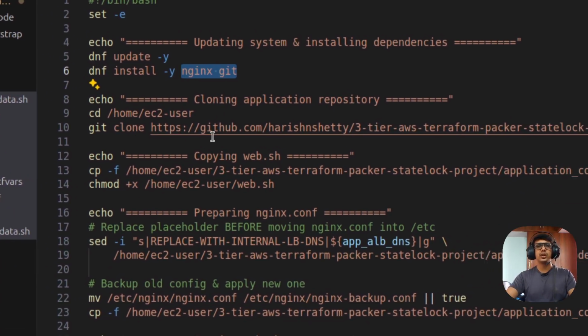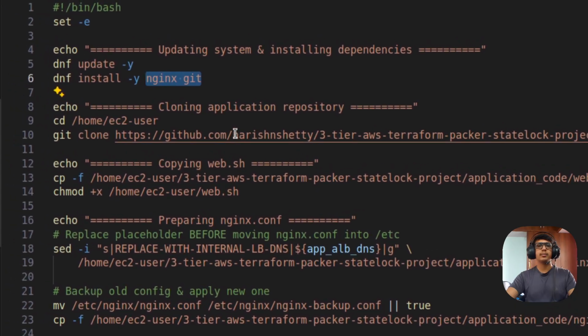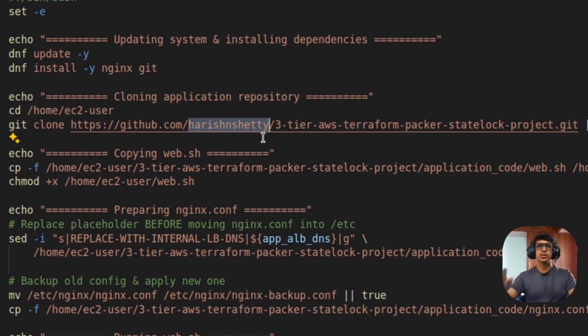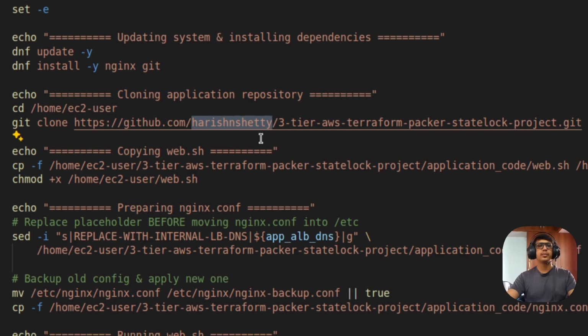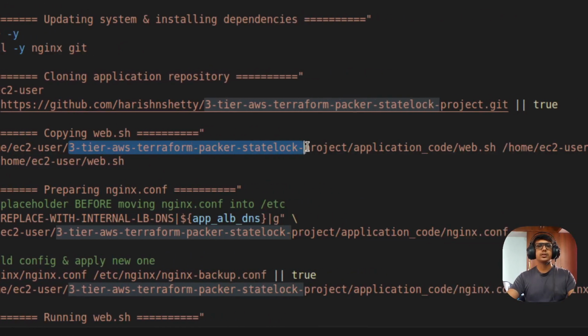It is going to clone the repo. This is the repo of the project. See, this is my profile. If you are doing this manually on your machines, you have to create your own repo and replace all the things. What I said in the starting, you have to replace the GitHub repo and the file, everything. And this one also you have to replace. Okay,